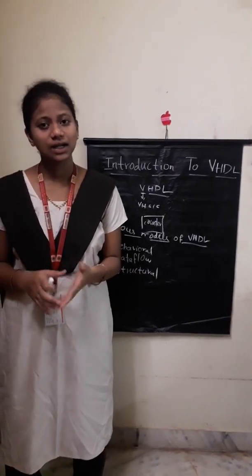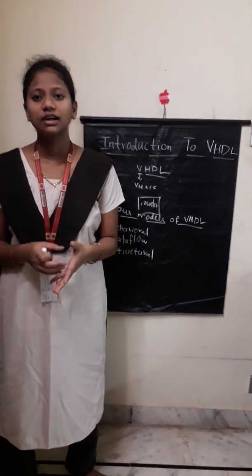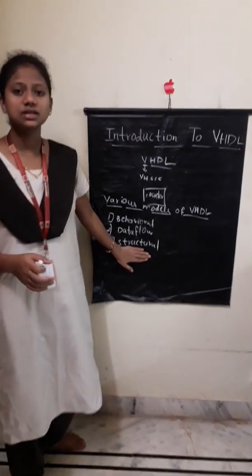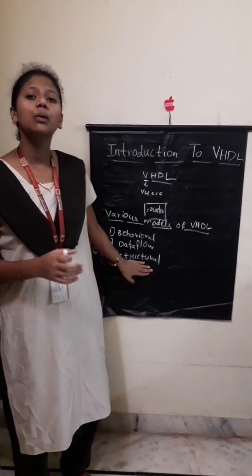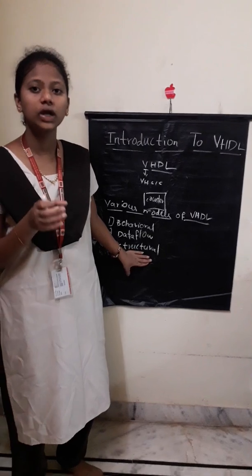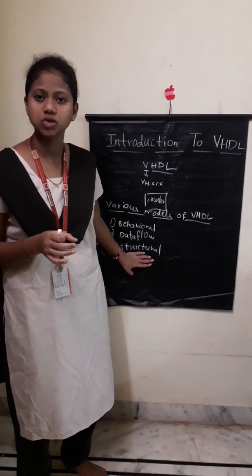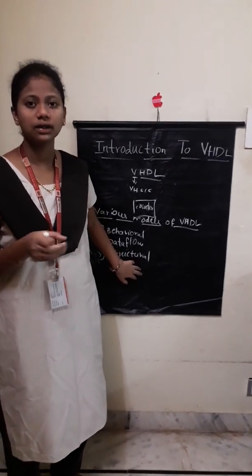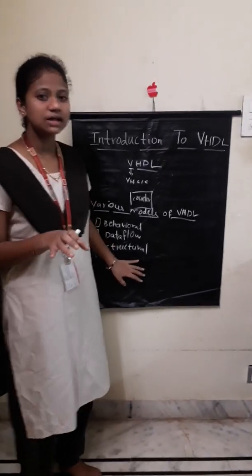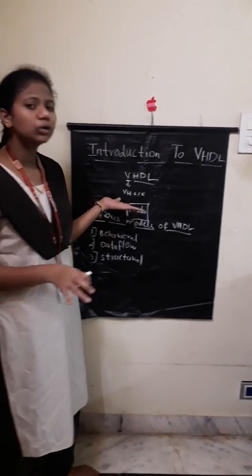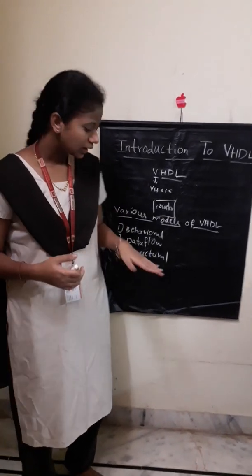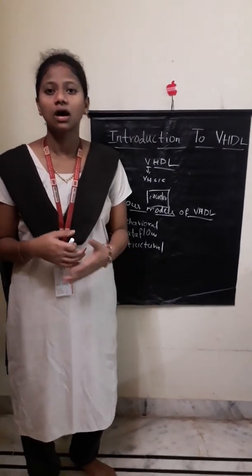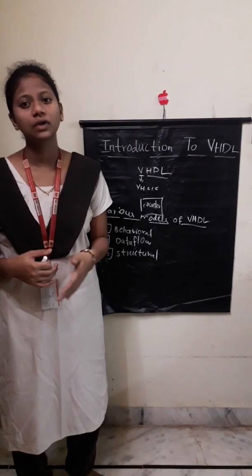Here we will only see the data flow of the program. And coming to structural. In this structural model of VHDL, we will define a prototype. It means we will define what are the components to be used in the VHDL and what are the things we need to build a program. For example, to build a counter we need flip-flops and gates. In the structural model we will define the components.